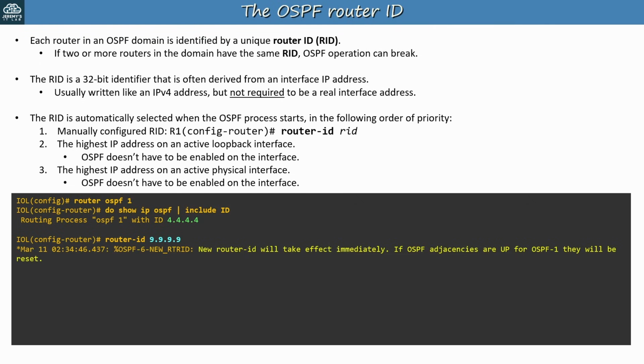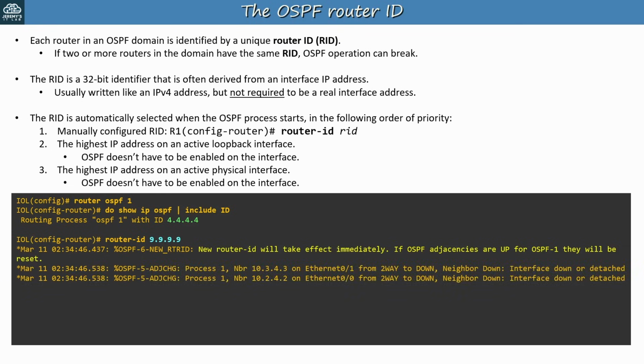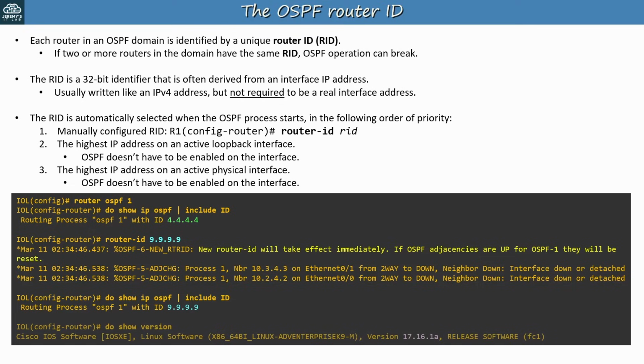This message is displayed: new router ID will take effect immediately. If OSPF adjacencies are up for OSPF 1, they will be reset. And here are those messages for the adjacencies going down. And without having to clear the OSPF process myself, the new RID takes effect immediately. Here's the version running on this router,